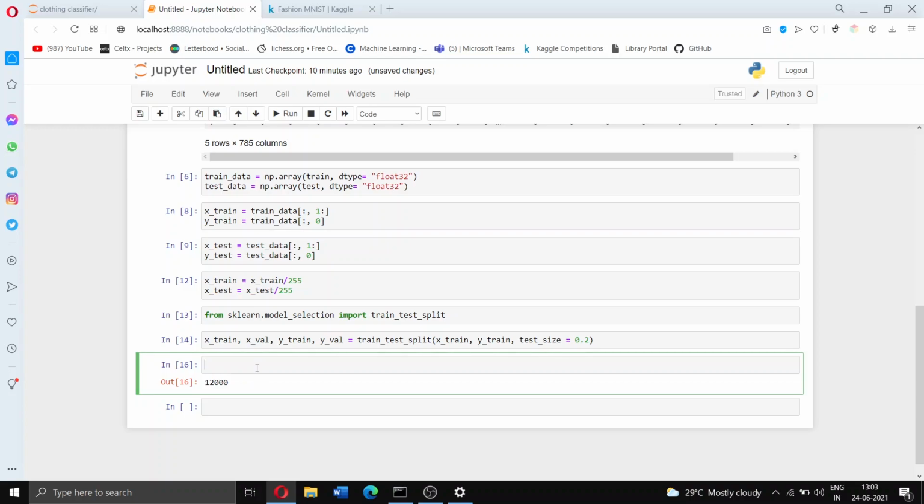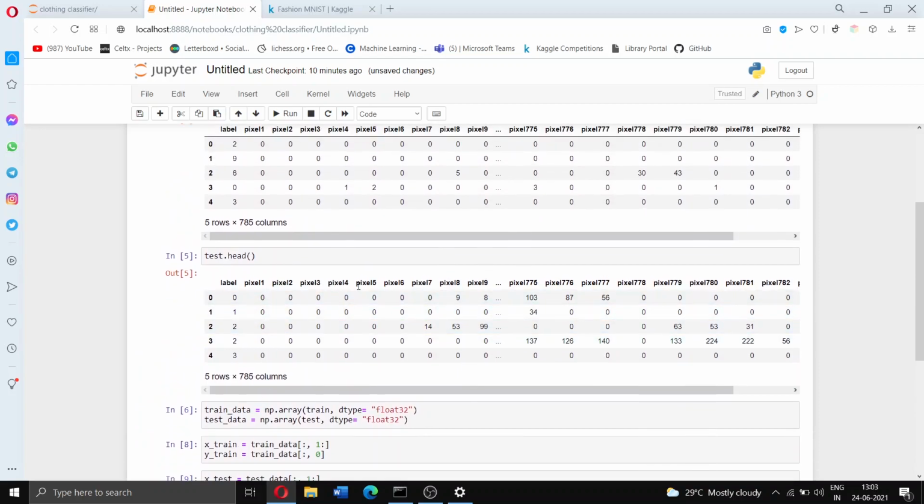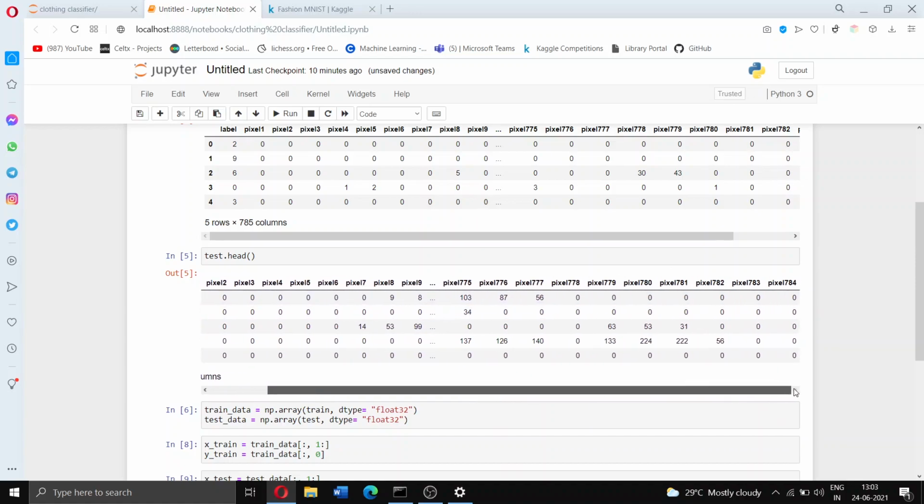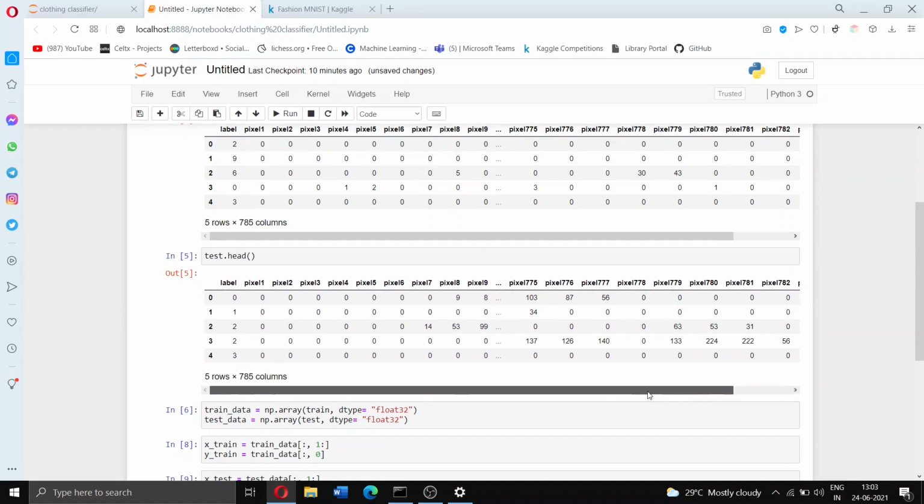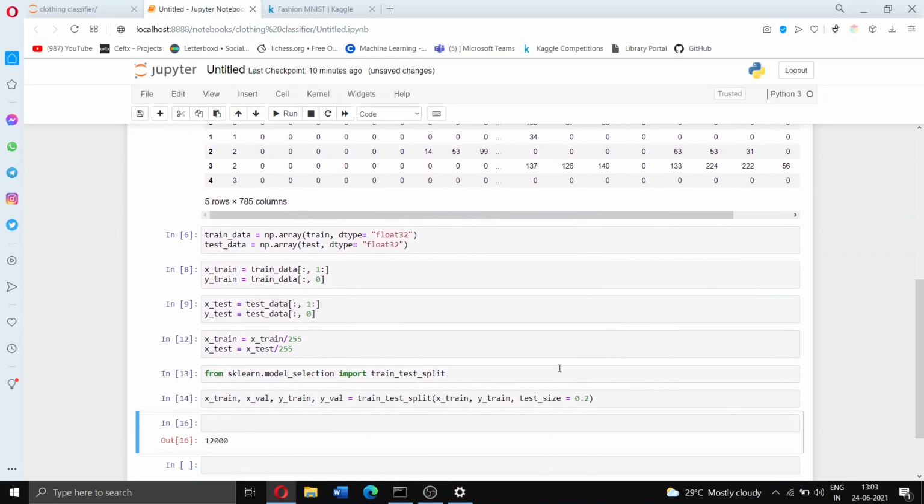So another thing we need to do before we pass it into a neural network, an important step in pre-processing, is to fix the shape. As you notice right now, this is just stored as 784 different things, in a line. But we want to input it as a 28 by 28 by 1. The 1 at the end signifies that there's no RGB channel. Normally if it's a color image, you would reshape it as 28 by 28 by 3. But here it's just a single color, so 28 by 28 by 1.